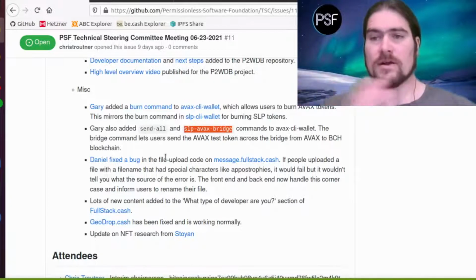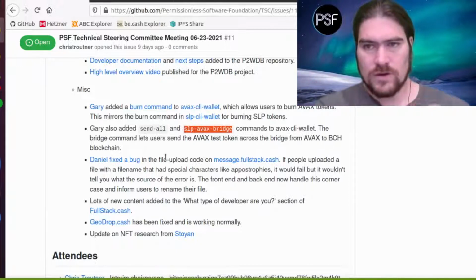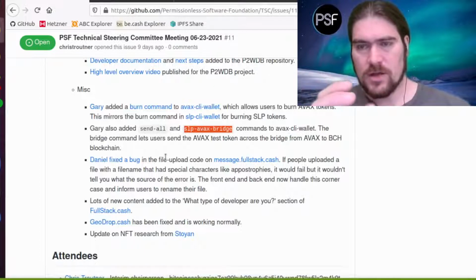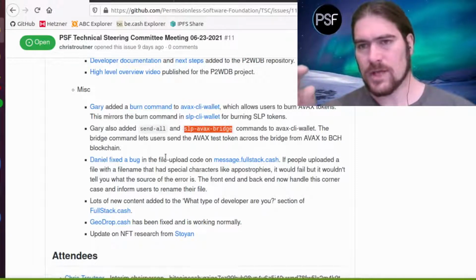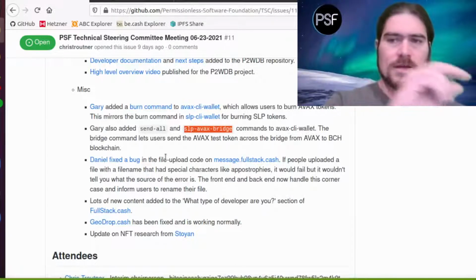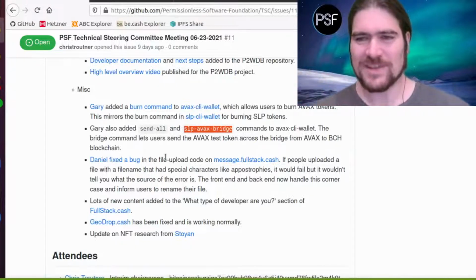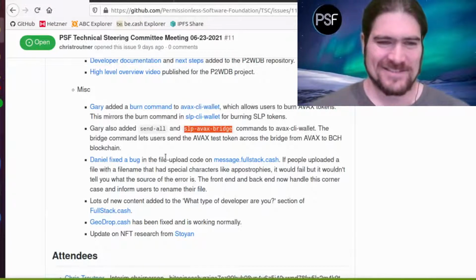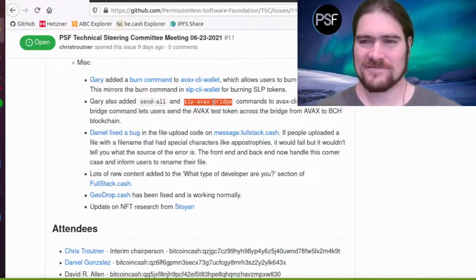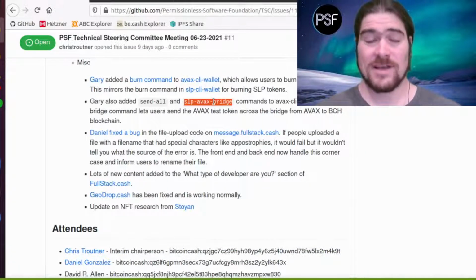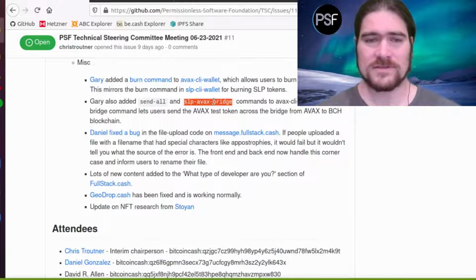When you combine all these bridges, it should be possible to take an ERC20 token on Ethereum, move it across the bridge to the Avalanche C chain, convert that to a token on the X chain, and then send it across the bridge to Bitcoin Cash as an SLP token, and all the way back again. I'm really looking forward to the day when I can do that, just to prove it out conceptually. That'll be really cool. That's great, I'm excited about that as well. That's the direction everything's heading. That's the level playing field that all blockchains are heading towards.